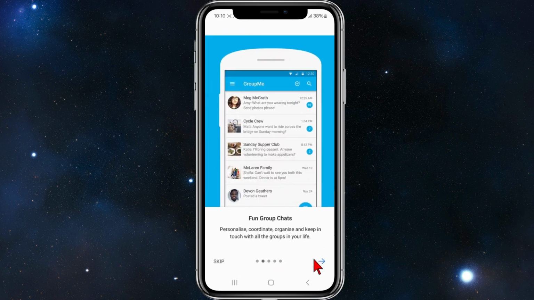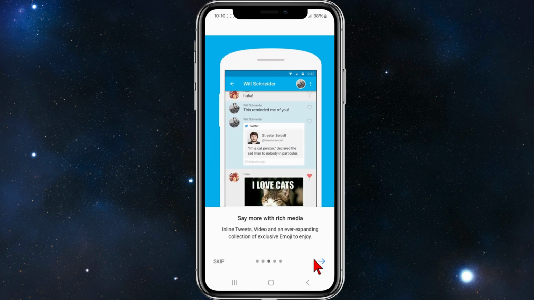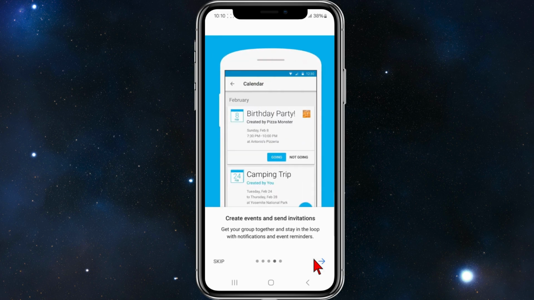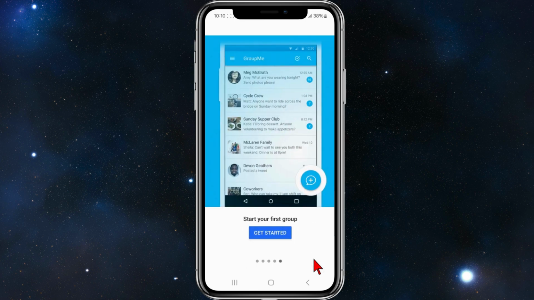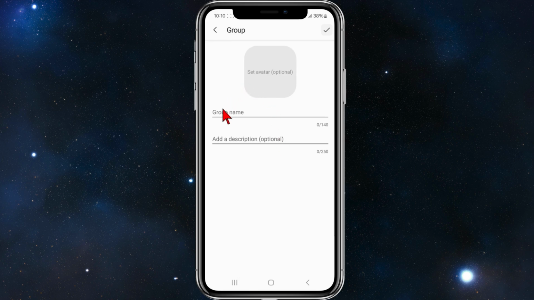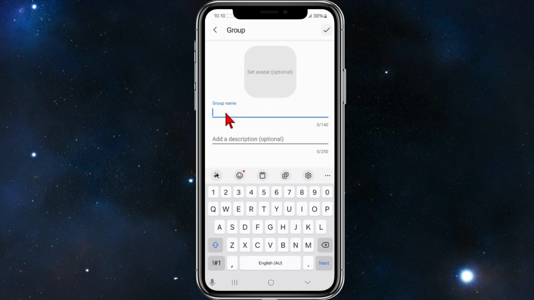So you can see fun group chats, say more with rich media, create events and send invitations, and then you can start your first group. From here, if you want to start your first group, go ahead and click on get started and give your group a name. So I'm just going to call this group 1, add a description. So I'm just going to type in test,